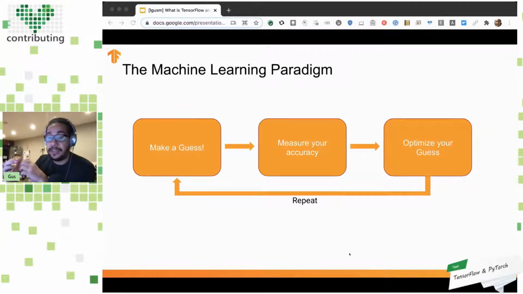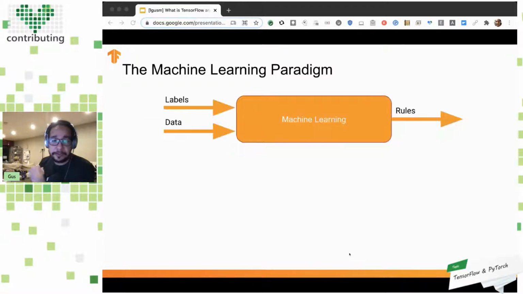Maybe you should, and then the machine will figure out, oh, I'm guessing too high a number, let's say, and then you try a lower one. And you keep doing this with your data for some time until it gets to a point that, based on your data and on the labels, it will make absurdly good guesses. And then the loss will drop, and you have a very good accuracy. And that's the process of training a model, right?